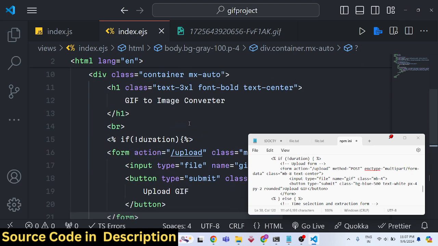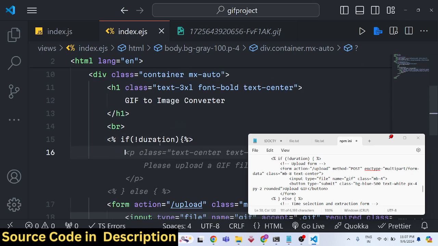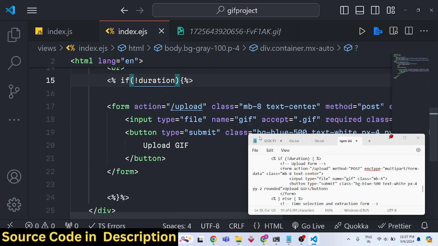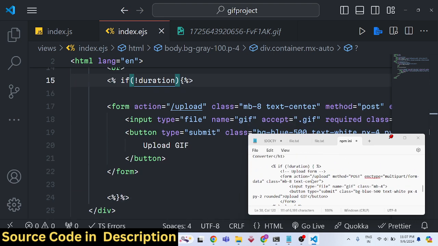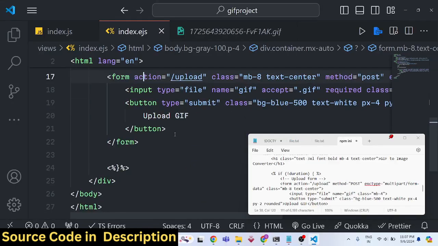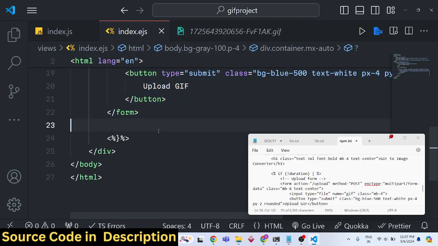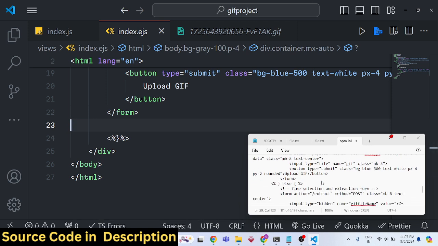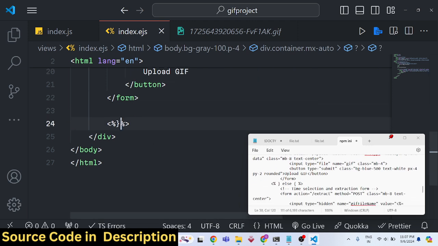So it is telling us that if the duration is not defined, in that case show this form, and in the else block, like this,